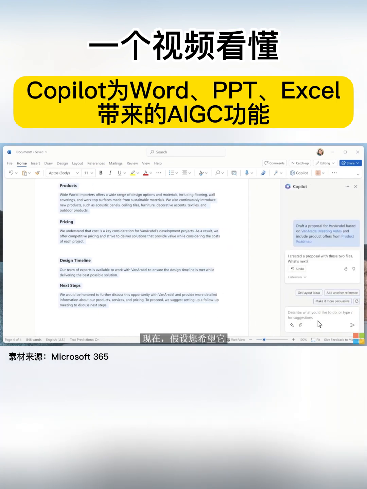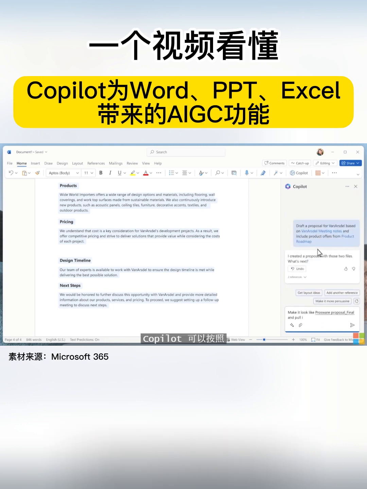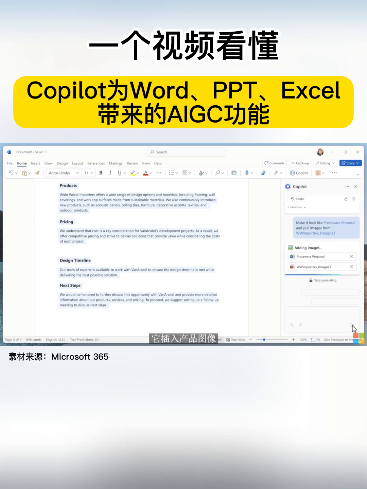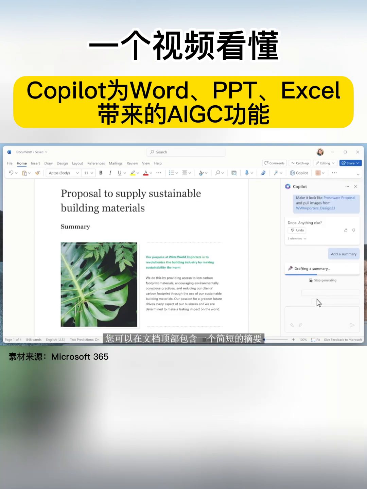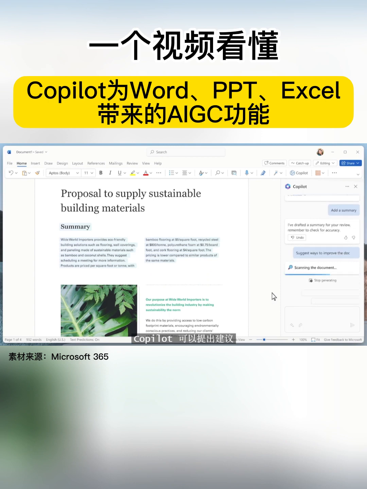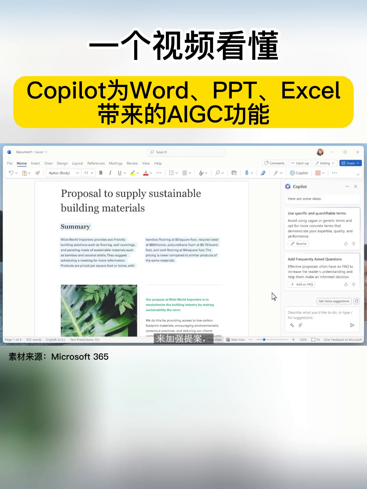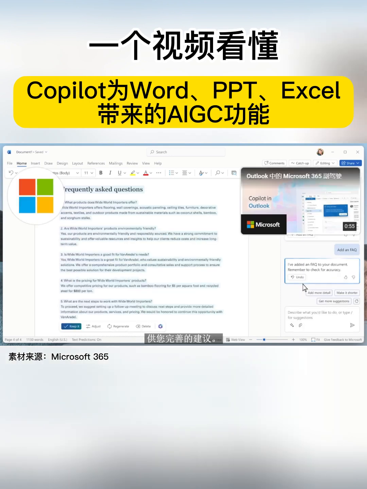Now, let's say you want this to look like your previous proposals. Copilot can give you a draft in the format you typically use. It inserts product images and pulls in relevant visuals from other files. You can include a short summary at the top of the document. And Copilot can make suggestions to strengthen the proposal, like adding an FAQ, which it will generate for you to